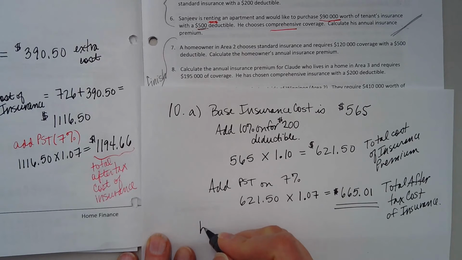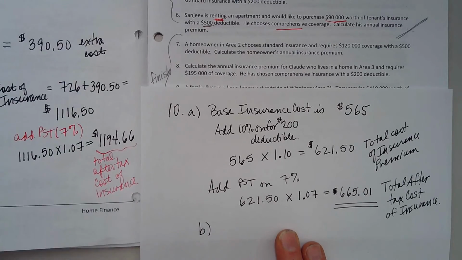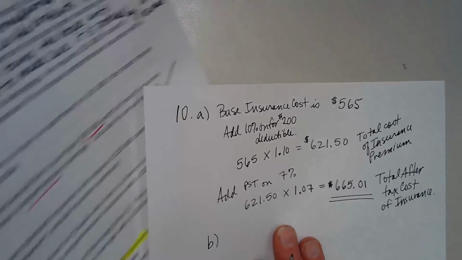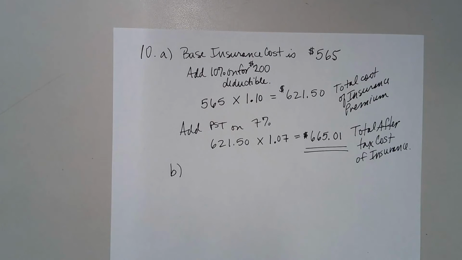All right, so part B is interesting, right? It's an opinion question. We know that there's lots of questions that involve not calculating, but talking, explaining, using words to make sure you understand the overall concepts. So part B said, if Joe makes a claim for $6,000, so I guess he had $6,000 in damage or replacement costs, the claim's approved. How much money does he get after he pays his deductible? So you would just do 6,000 minus